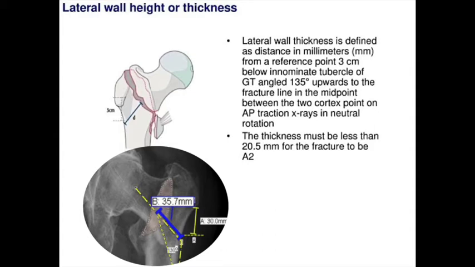Another concept which has come in recently is the lateral wall. So we've talked about the medial wall. Another one is the lateral wall. If the lateral wall is too thin, it is one of the factors which contributes towards an unstable trochanteric fracture. Beyond these would be the reverse obliquity ones and the transverse ones, and the ones which extend into the subtrochanteric area. They are adding on to the instability within this fracture. So when the amount of instability increases, the probability of malunion increases.